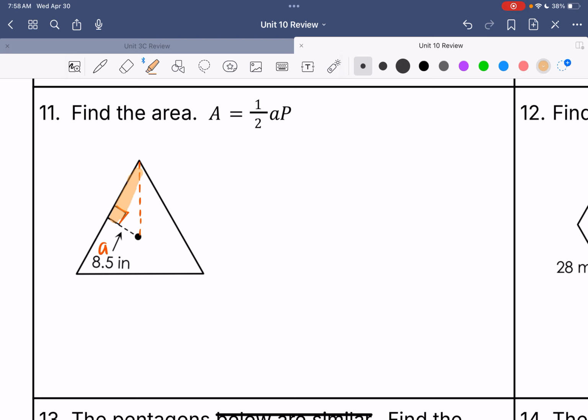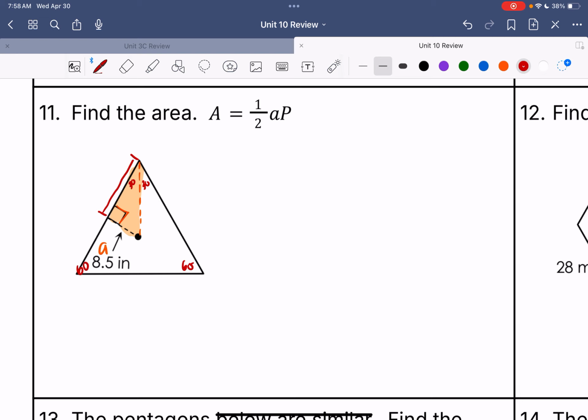So in that triangle, I know that triangles are 180. So in our original big triangle, this would be 60 degrees, this would be 60 degrees, and so at the top. But since it's getting split in half, it's 30 and 30. So this is a 30, 60, 90. I have the short side, like A, that 8.5 is the short side. So if I want to find this part here,